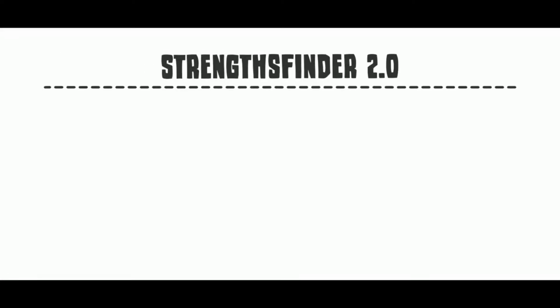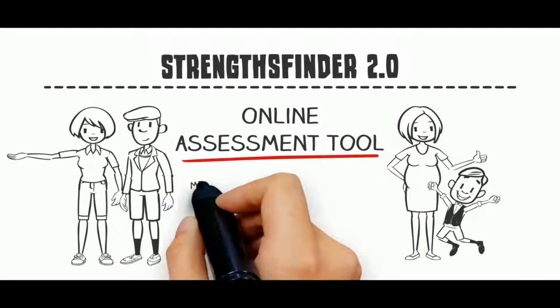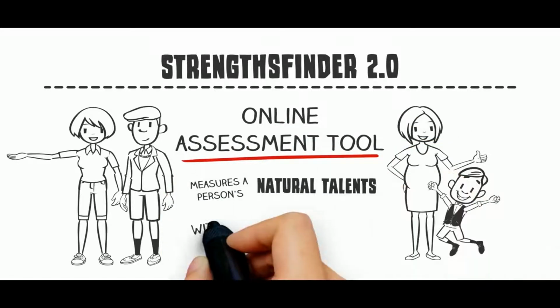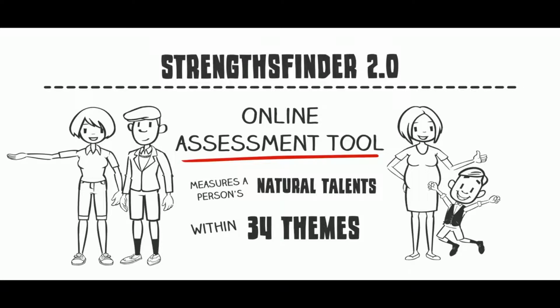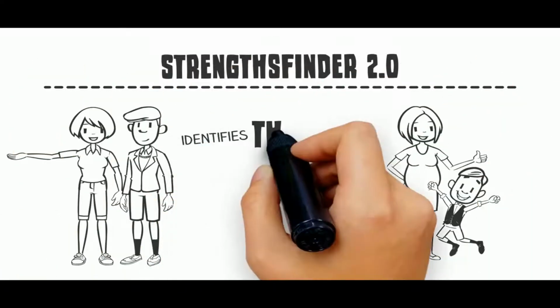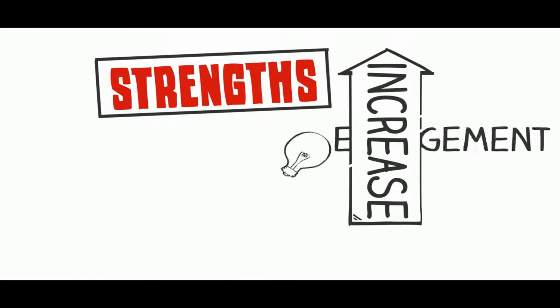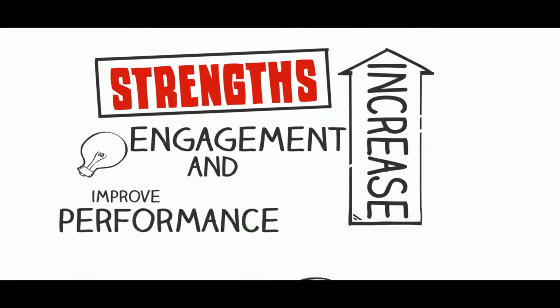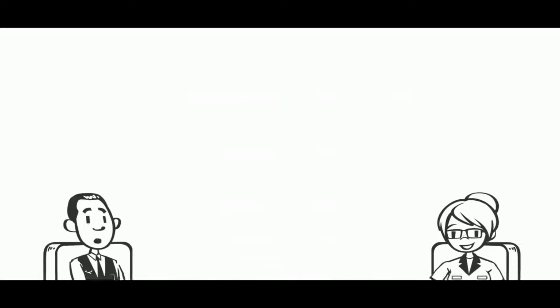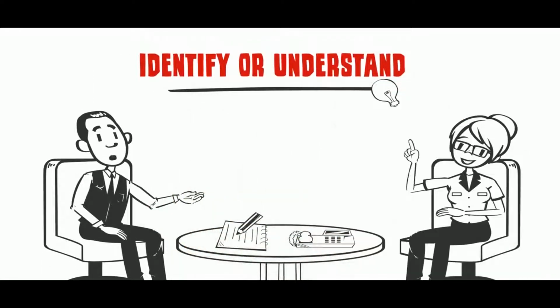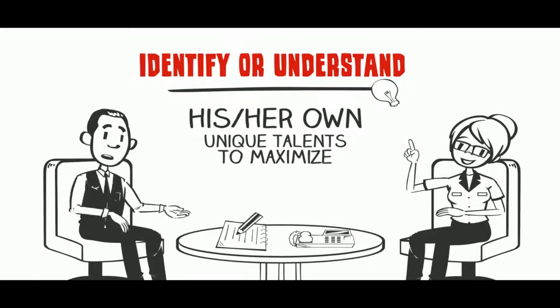Strengthfinder 2.0 is another incredible online assessment tool that measures a person's natural talents within 34 themes. Then identifies the top 5 most dominant themes or areas of strengths for that individual. By focusing on the strengths, it can lead to increased engagement and improved performance. It also allows the person to identify and understand his or her own unique combination of talents to maximize personal